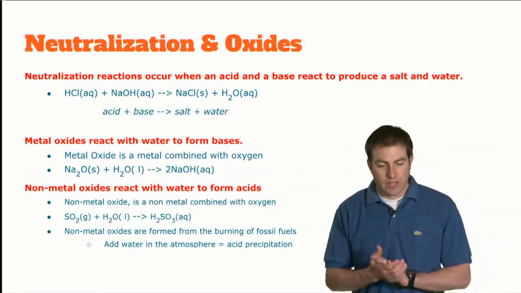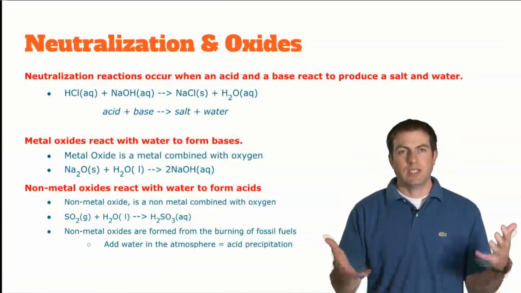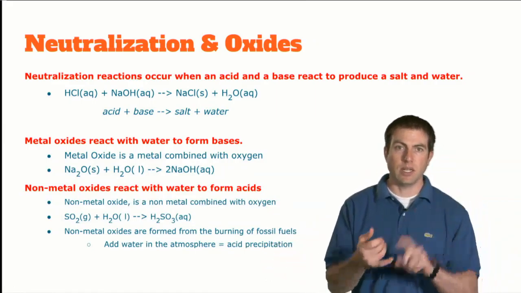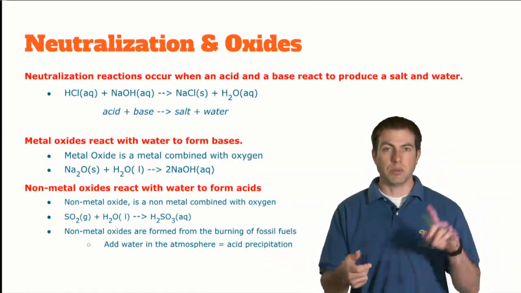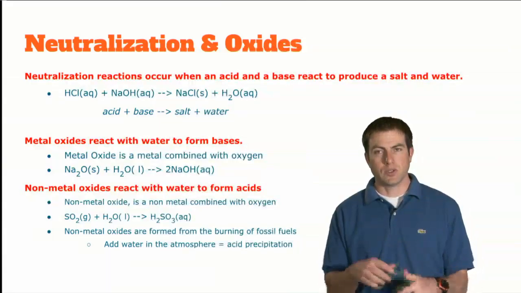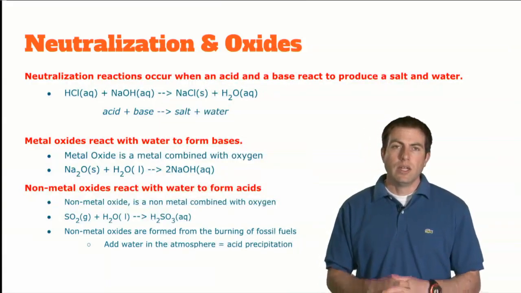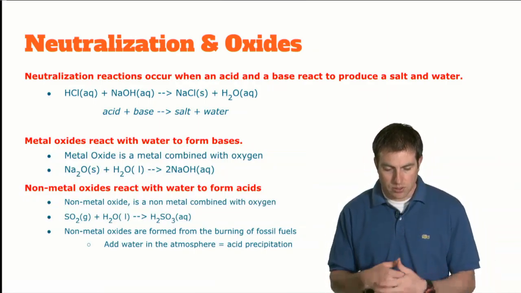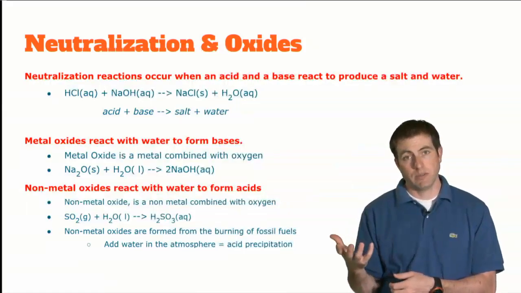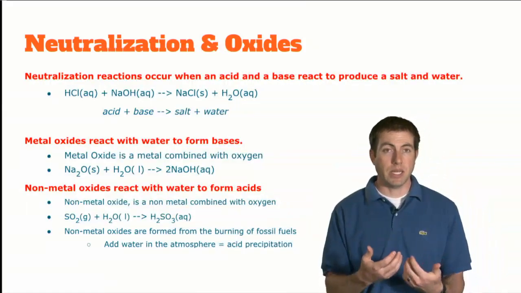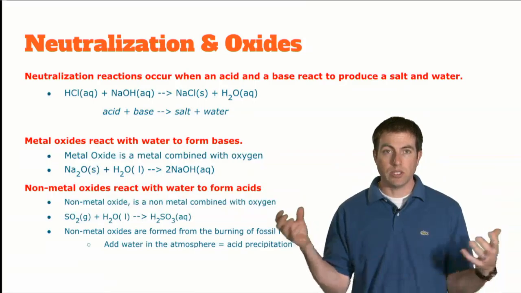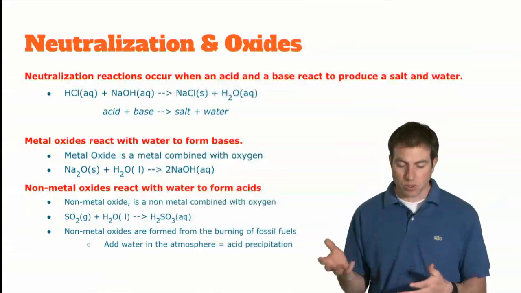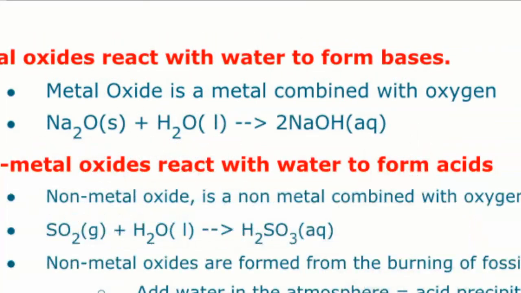Now, there's these types of reactions that you need to know. So we've looked at types of reactions in Unit 6. We had synthesis, decomposition, single replacement, double replacement, neutralization, combustion. So those were the 6 types you needed to know. Now we looked at a little bit more specialized types of reactions. So a neutralization reaction we've already covered. So that's the first one here. You have an acid and a base. So something starts with an H, something ends with an OH. They combine together to give you a salt and water. So the example here, you end up with sodium chloride and H2O. So there is your